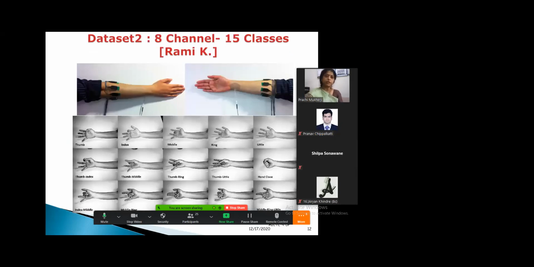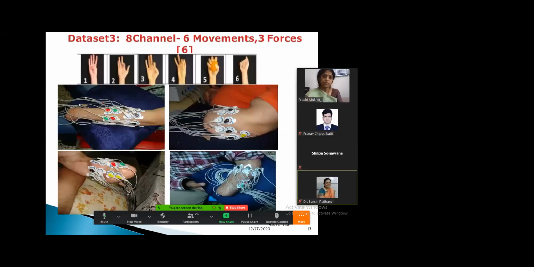That's how the number of electrodes will change, and they are all transradial amputees or transradial data. This is a normal hand, and we are going to take this now from an amputee database. So these are the 6 movements for the amputees, and this is how the database is collected. As you can see, for the prosthetic arm, if we can correctly identify the movement, it will improve the quality of life of these amputees.